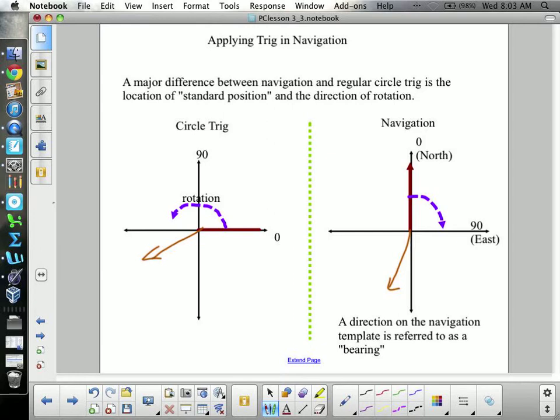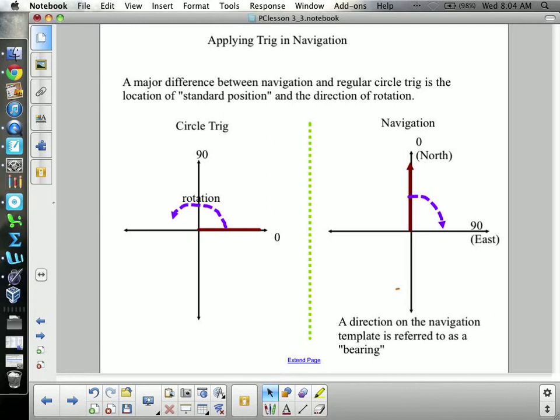So we're going to have to deal with the fact that we're dealing with a completely different way of setting up standard position, what we consider to be standard position, when we're dealing with a navigation problem. And when they talk about a direction in navigation, it's often referred to as a bearing. So a ship is bearing 215, that means they're on a course of 215 degrees, which would be a little bit west of south. They could also use other descriptions like they're 30 degrees east of north,